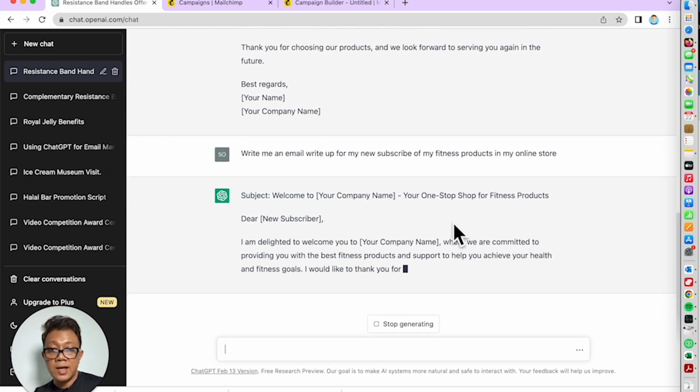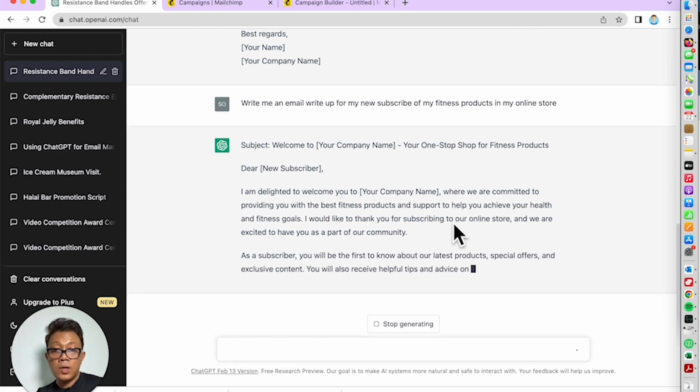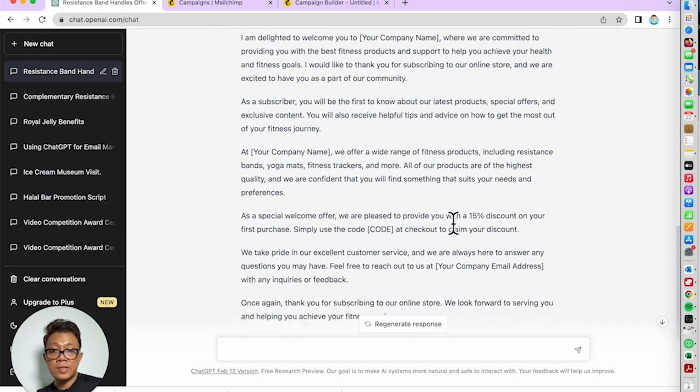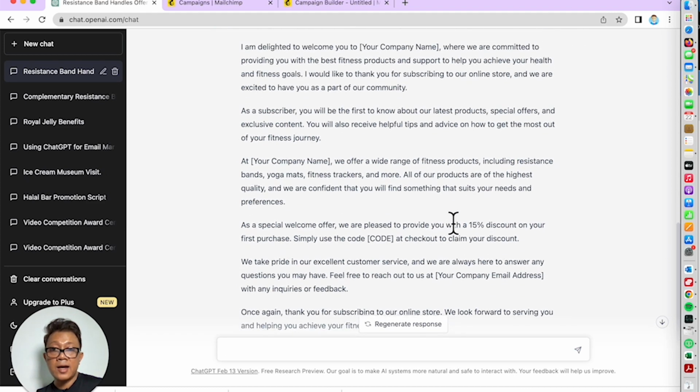So this is how ChatGPT will create email content, and of course you can actually customize